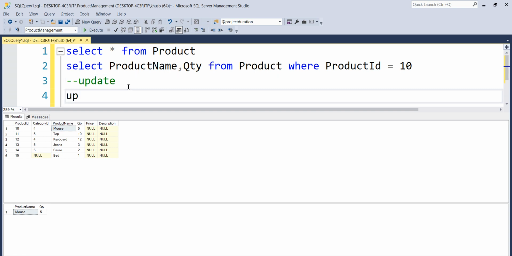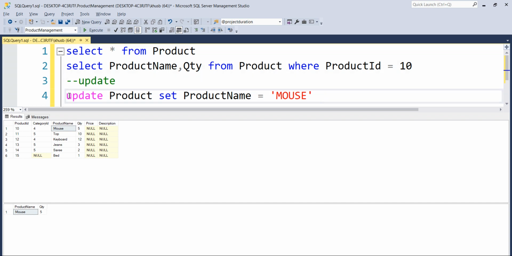I want to update, so I will write update product, from this product table. And what I want to do is set this mouse in capital letter instead of small letter. So I will write set product name, and because this is a string type, I need to specify it in quotes, and now I will write mouse in capital letters.